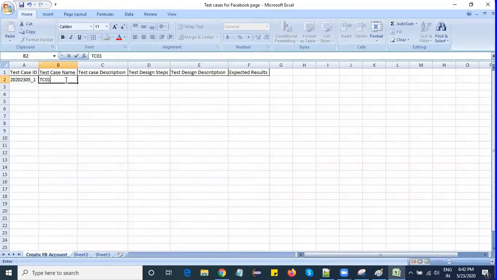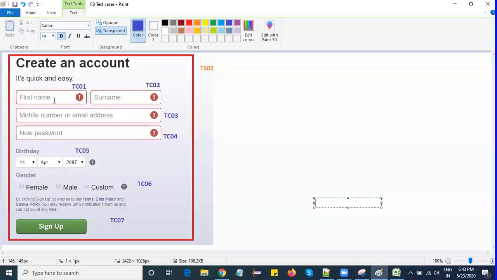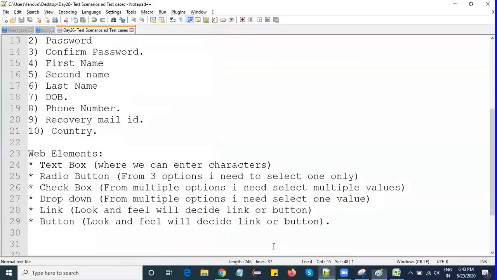So it is always a good practice, whenever you're writing a test case name, to prefix it with TC01, which is nothing but test case one. If you don't write it here, then it will create a small problem. But always try to write test cases like this. My test case one deals with what? It deals with first name. What is the first name attribute?